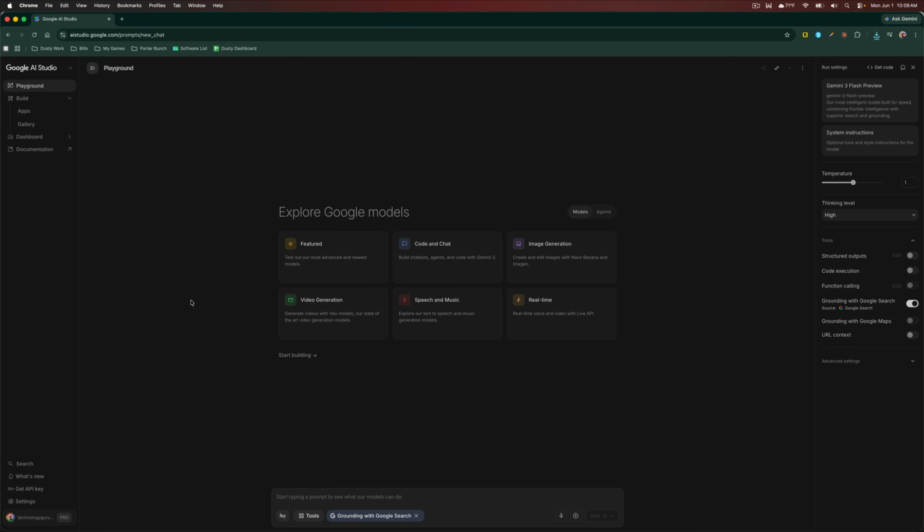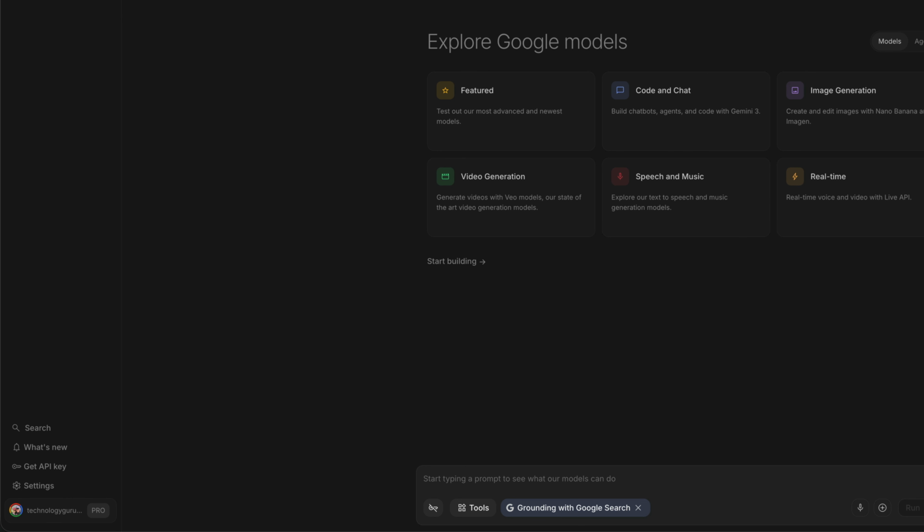In order to find and get your API key for Gemini, you need to go to your AI Studio. So go to a new browser tab and open up aistudio.google.com. You'll then be prompted to log into your Google account. And then once you're here on the back end of your AI Studio, in the lower left-hand corner, you'll see